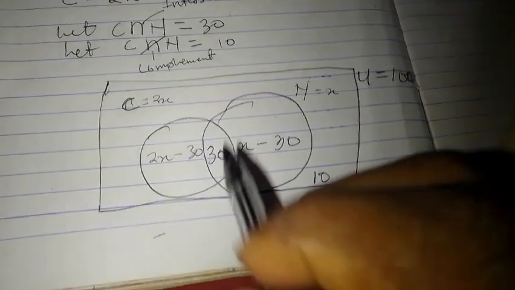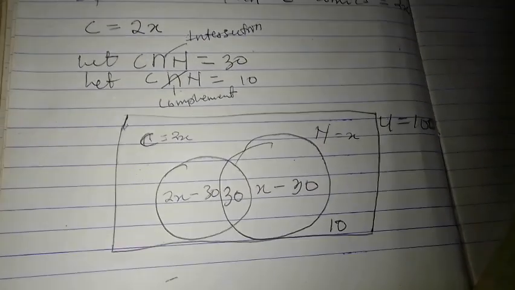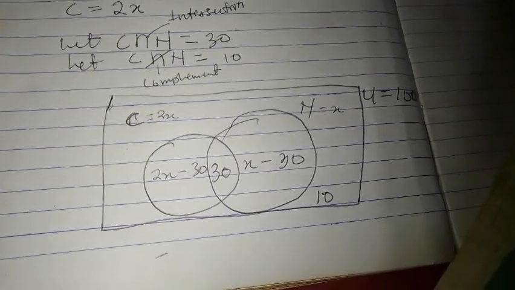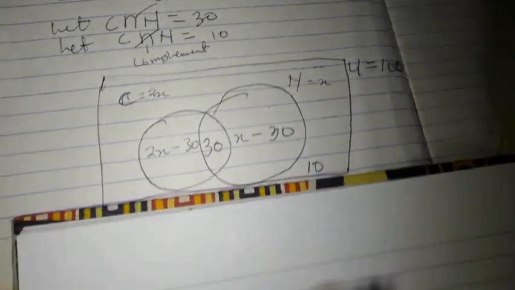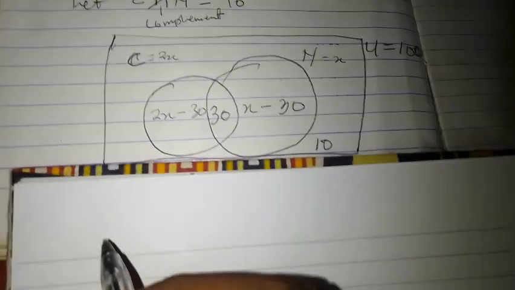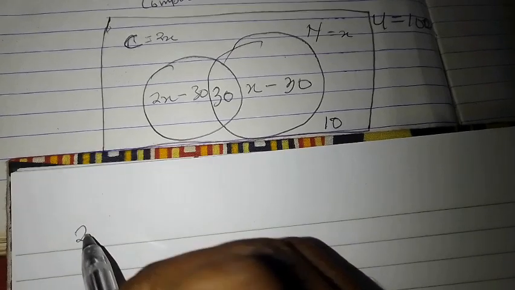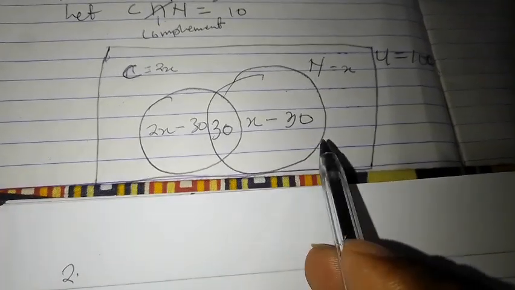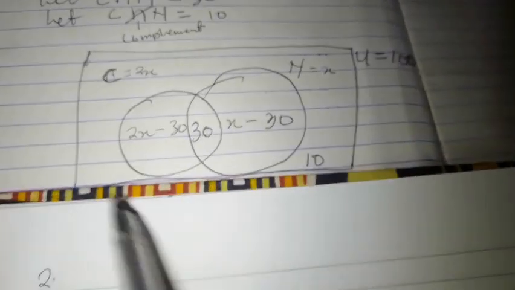Good. So now we go ahead and solve this. Let's solve this from here. I'm out of sheets, so let's pick a new one. So 2x. I'm going to add all of this plus this and equate it to the universal set in order to find the